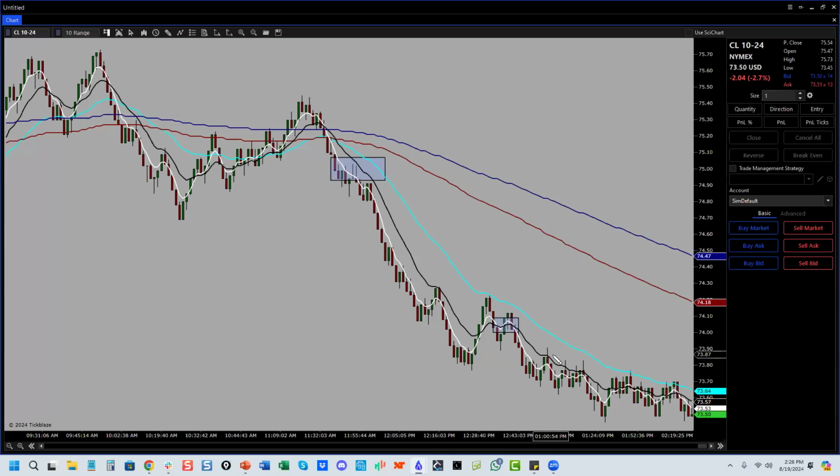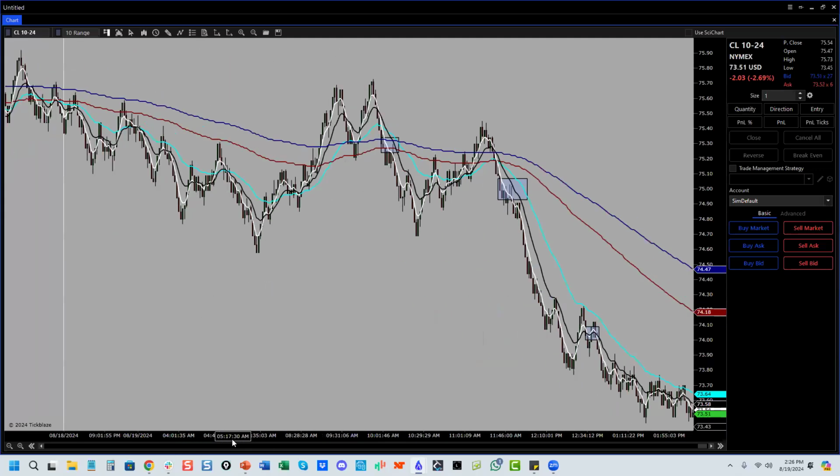Like, that was a big trade. There was another short right here. Big one right here. Crude had 1, 2, 3 big trades to the short side today, right? And it was a slow market. Like, it was a very slow market today. Didn't have a lot of movement, but it popped. And that is your trade right here. That is a trade. And there was another trade. So there were 3 big trades on crude today.